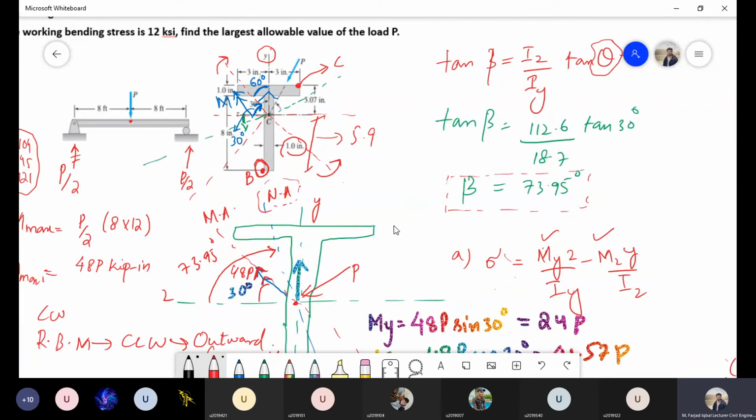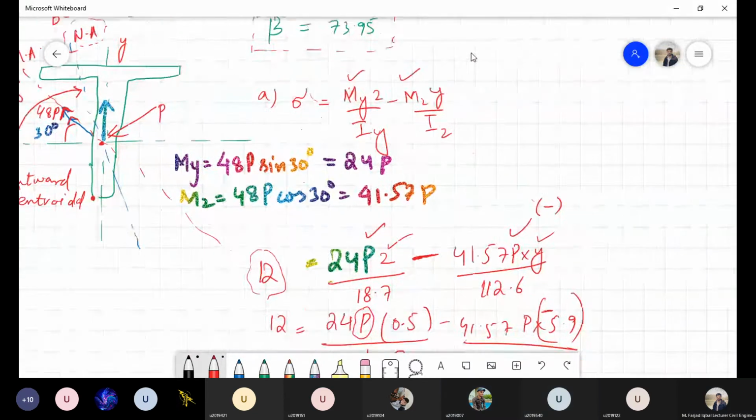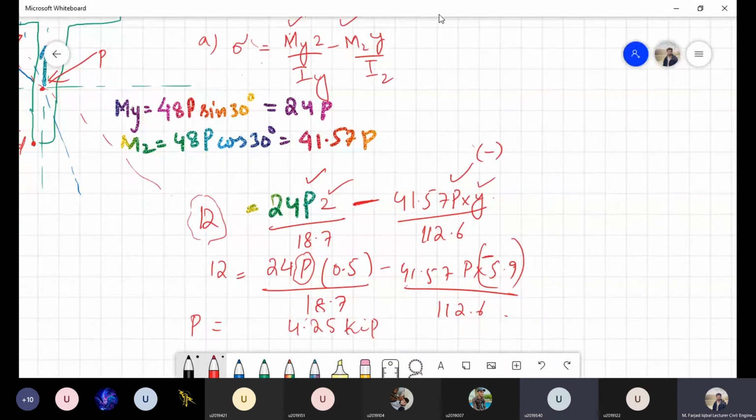Okay, so at this point C, what will be the y distance or x distance, z distance? The z distance will be 3.07? It will be 3, sir. So z will be 3.5? Can I say that z is minus 3 because that is in the opposite direction, right? Yes sir. So z is minus 3 and y is minus 3.07,